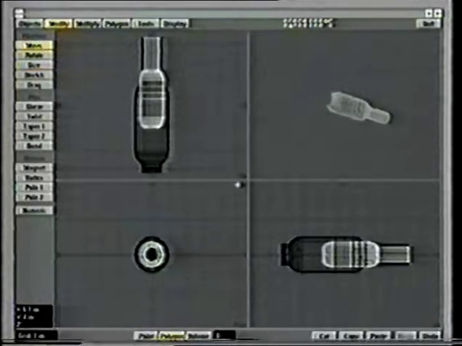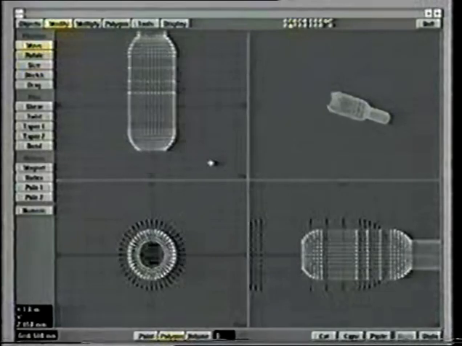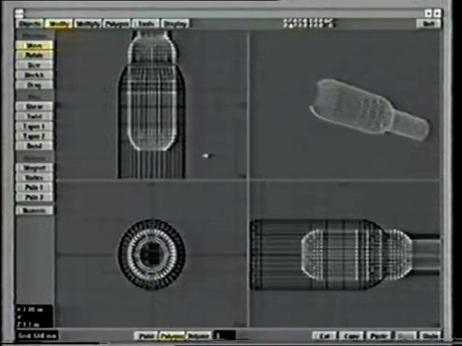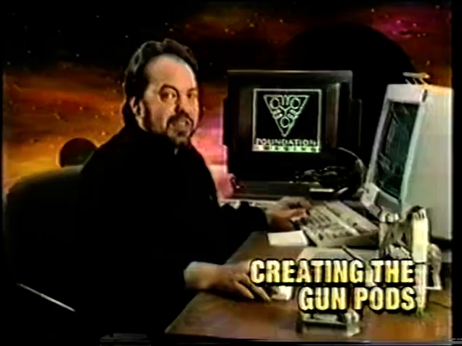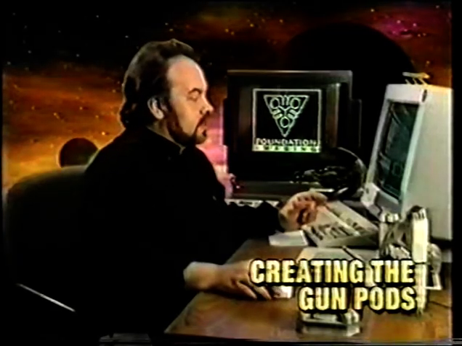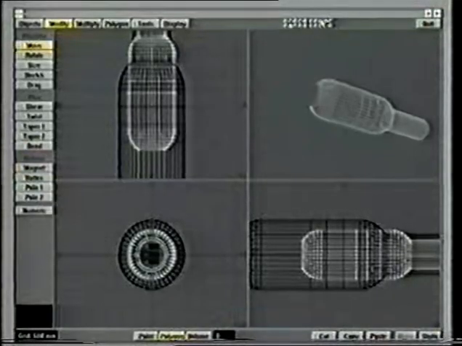And so I don't want to move it yet because I want to add some detail. So this is going to be one of the gun pods now. I'm going to create the gun pod still with it on the 0 axis because it makes it a lot easier to engineer detail around a cylindrical shape if you try and keep it on a known axis. As soon as you move it off, then it becomes more difficult to do cloning around a particular axis or lathing around a particular axis. So let's just leave it where it is